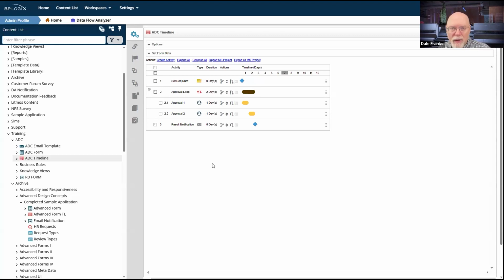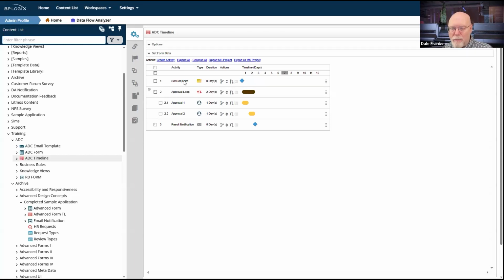And the reason I'm doing that is because once you call a sequence number, then that sequence number is burned forever. And I don't want to burn a sequence number unless I have a running process timeline. We've discussed this before. I have 2 choices for setting the sequence number. In either case, I'm going to use a set form data